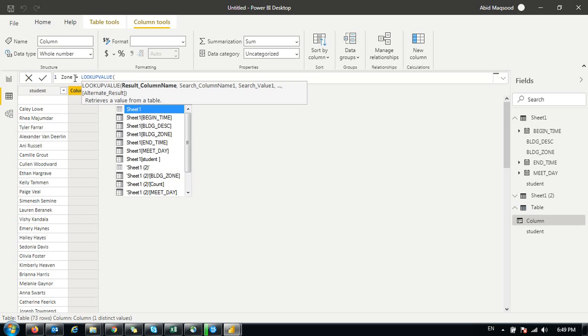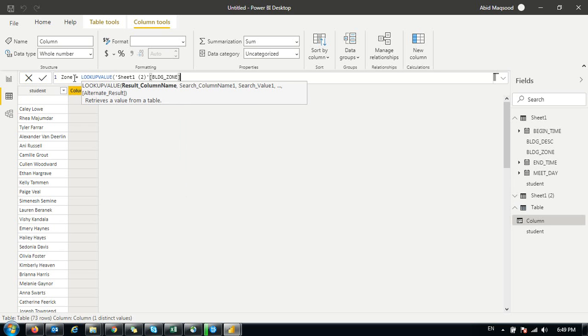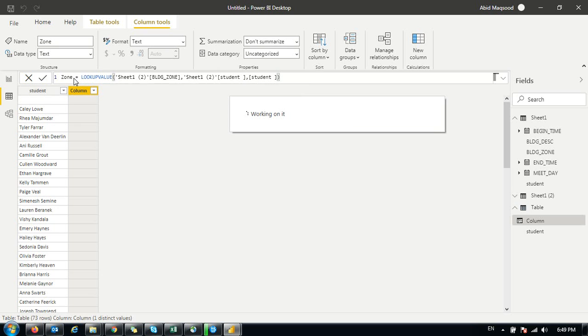So I need a column from sheet 1, and the column name is zone. Then I will tell it from where to get, from which column we want to match it, and which column needs to be matched. Here it is, and it is closed. So this way I got zone as well against the students.